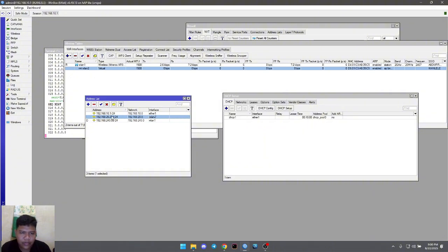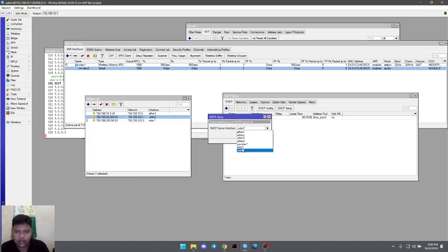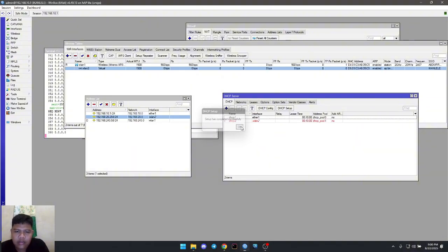Okay, and then we set up the DHCP server to wlan2, next to 192.168.20.0, and then next the DHCP gateway to this IP address 192.168.20.254, and then next, we leave this as default, next, and then next we set up.